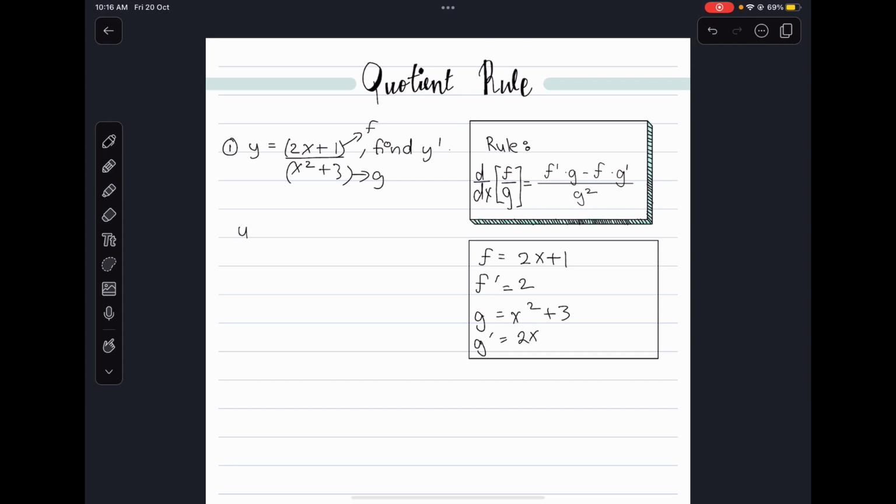So y prime is equal to f prime times g. F prime is 2. Keep everything in brackets. G is equal to x squared plus 3 and then minus, open a new bracket, f times g prime. F is 2x plus 1. G prime is 2x over g squared. Since our g is an expression, keep it in a bracket and then all over the power